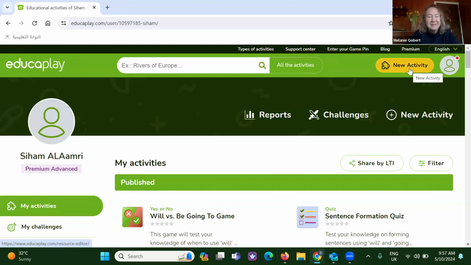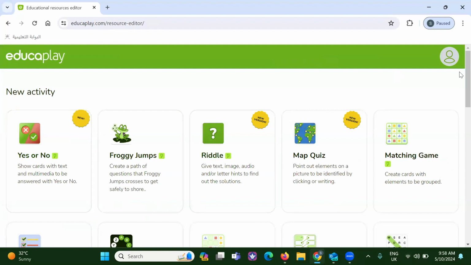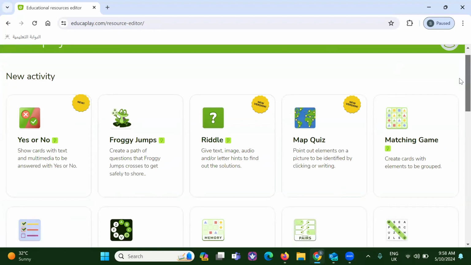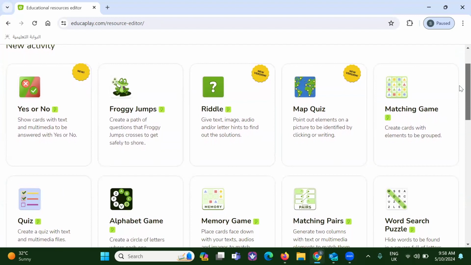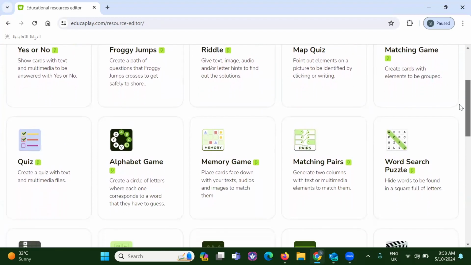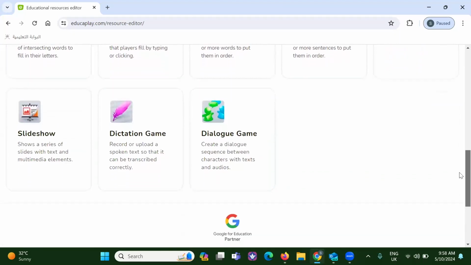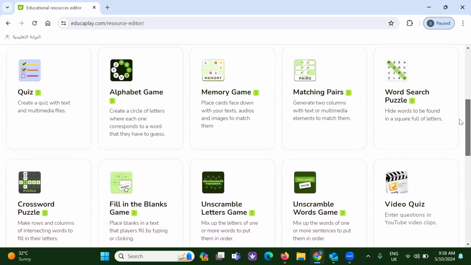Okay, so as you can see from this screen, this is the Educaplay interface. If you want to create a new activity, you will have to go to this button. These are the types of activities that are provided in this program: froggy jumps, riddles, memory games, matching pairs, video quizzes, and so many others, as you can see from this